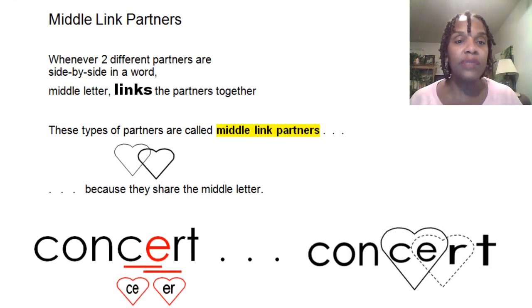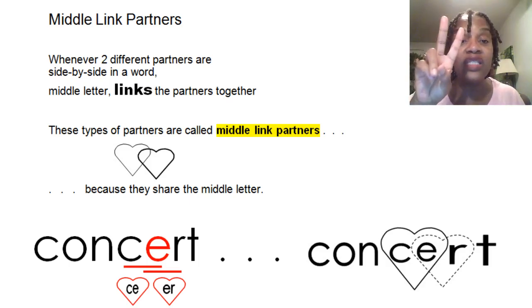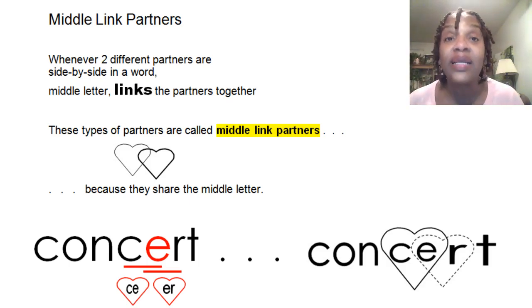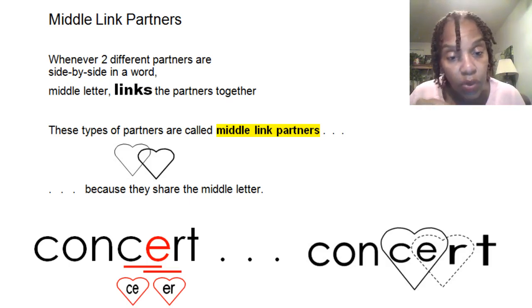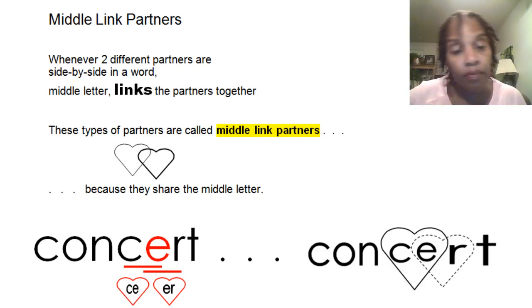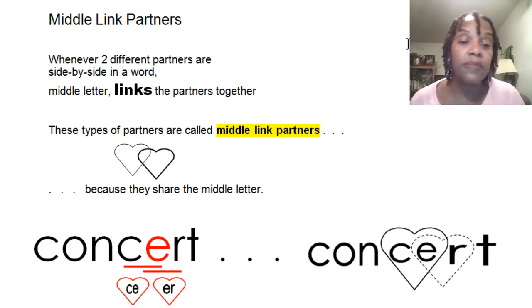So now we're going to learn something a little bit different about the signal vowel partner, right? And it's called a middle link partner. And what that means is that whenever you have 2 different partner sounds side by side in a word, those 2 partners share that middle letter, right? And so we call them middle link partners. So look at the word on the screen. So this word,